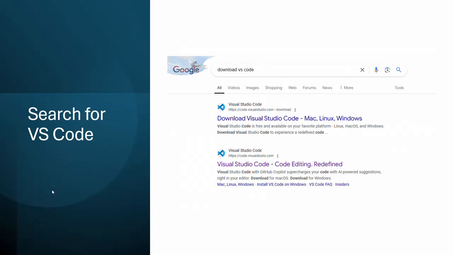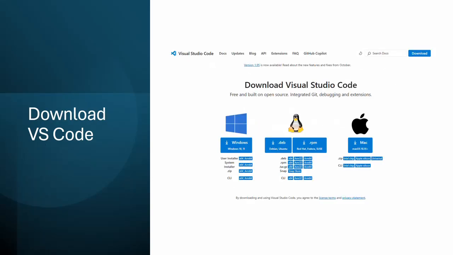All right, so the next thing that we need to do is search for VS Code, Visual Studio Code. So I just did a search in a browser for download VS Code, and it also took me to a variety of options, and the first one seemed to be code.visualstudio.com download. So when I clicked on that link, it also has the ability to download Visual Studio Code for a variety of different operating systems. Again, you're going to want to make sure that you're selecting the correct download for your operating system. So again, I have a Windows machine, so I chose the Windows 10, 11, and I clicked on